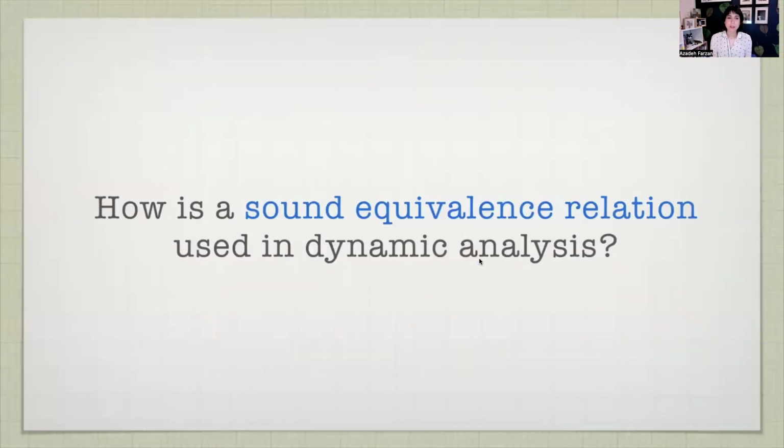Let's say we have such an equivalence relation. What is its point in the context of dynamic analysis, which is the topic of this talk? The point is that with dynamic analysis, our observation of the program is usually limited to its observed behaviors, or the runs that we see. We see very little of the program in a single run. So if we are trying to check for some behavior or look for bugs, a single run seems like such little exposure to the program.